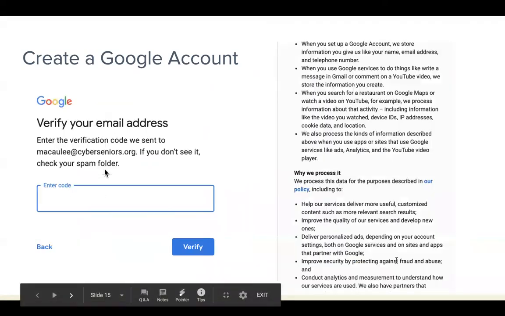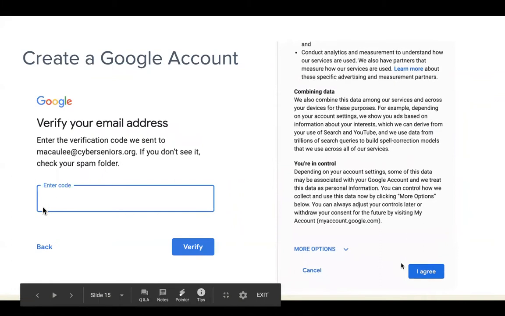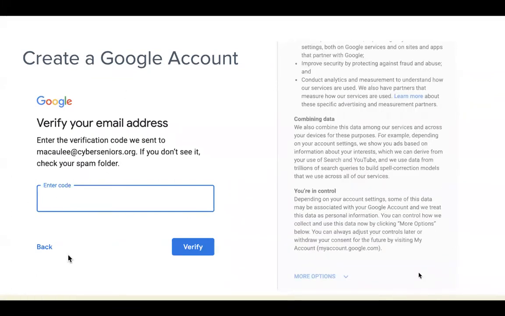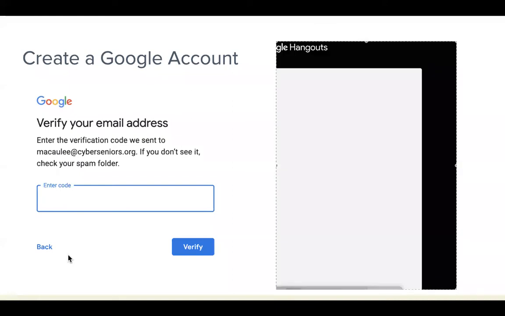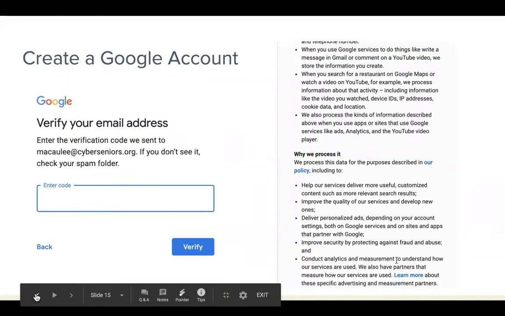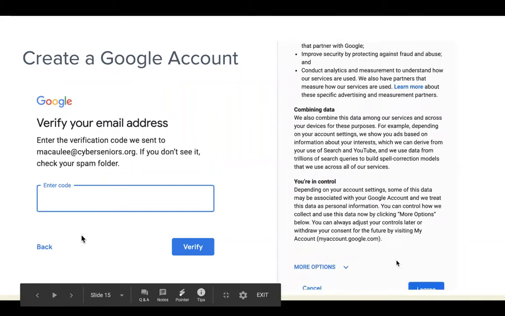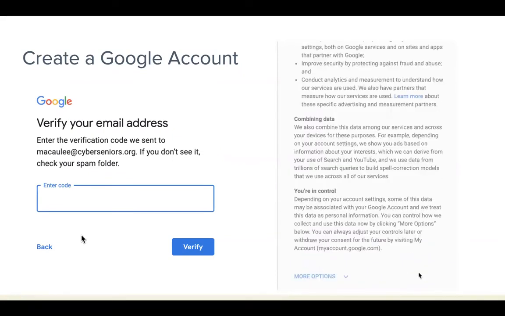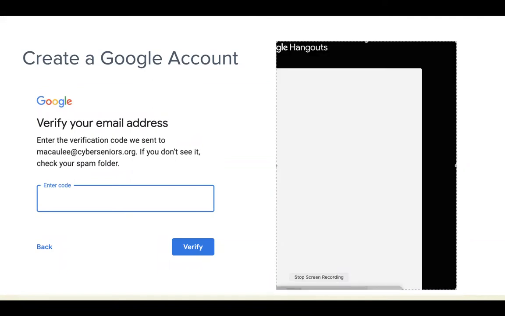Once you've created your Google account, you'll be taken to this page which says verify your email address. So to do this, you'll log into the email that you used in the previous step to create your Google account. Once you log into that email, you'll have an email from Google. Click that email, and once you open it up, you'll see that they've given you a verification code. You'll enter that